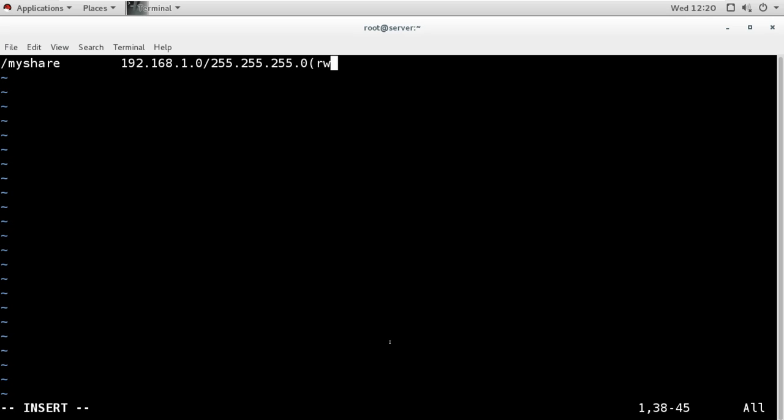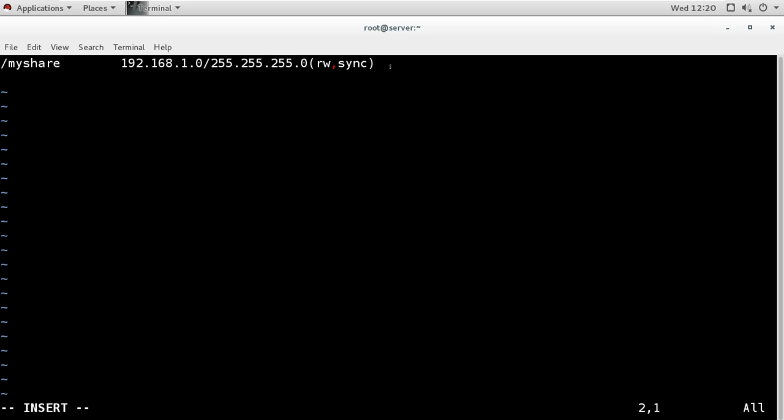I will give read write permission to all. So I am sharing with the whole network with the rw option, and I am also adding sync so that as soon as this folder is accessed, it will start syncing. Now that's it.